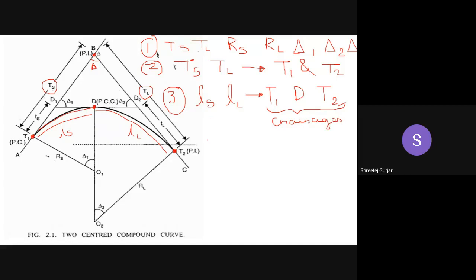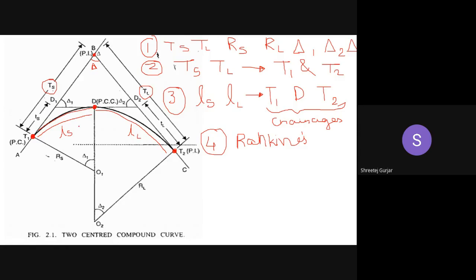Okay, once this is done, next, the fourth step. Now, in the fourth step, as I've told you, we have to apply Rankine's method of deflection angles. And by this method, you can set your first curve. You set your theodolite at this particular point T1, right? And you can set your LS curve. The LS curve, or the shorter curve, you can set by using Rankine's deflection angle method, up to D, right? Up to D you can set.